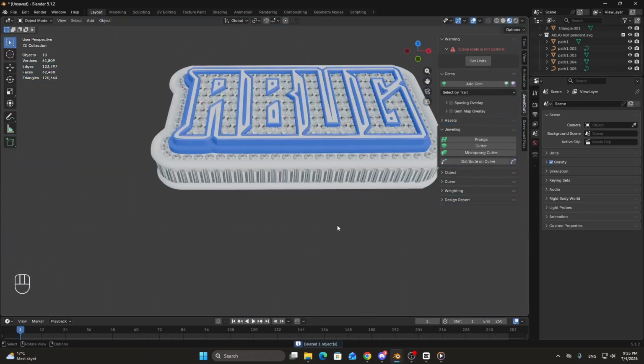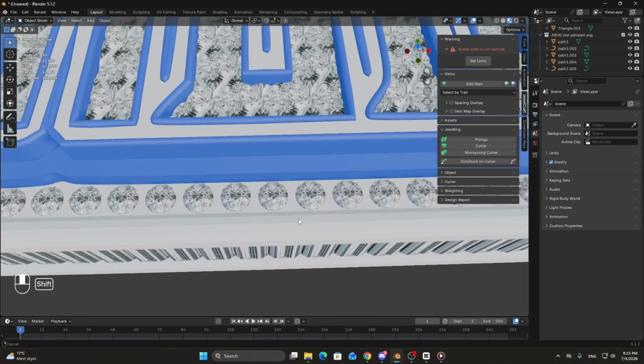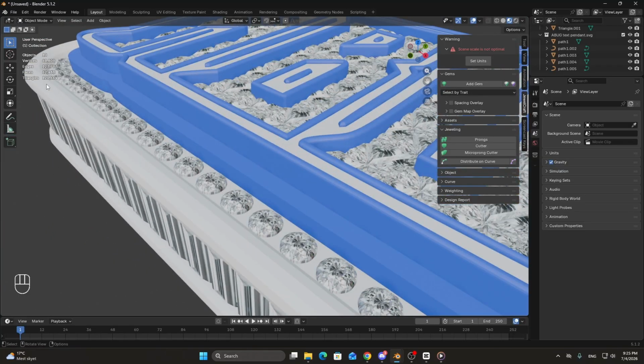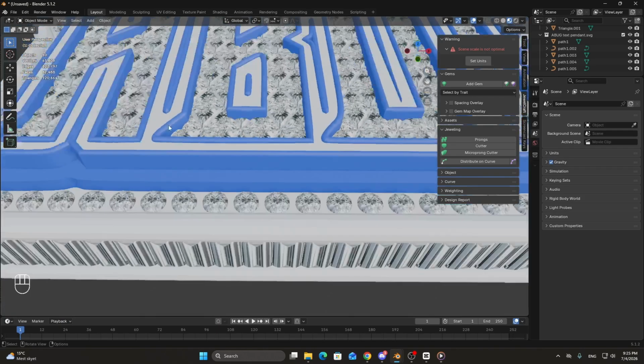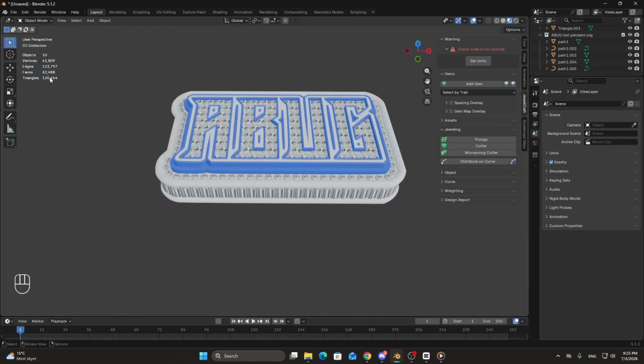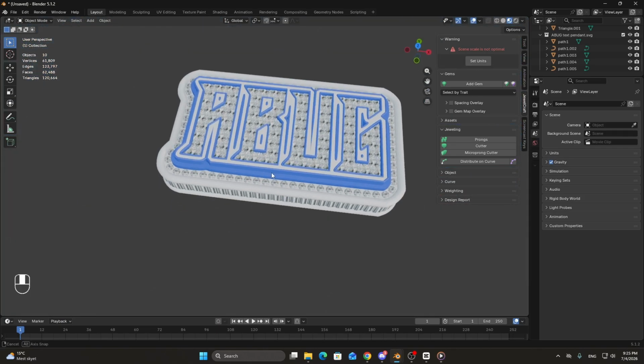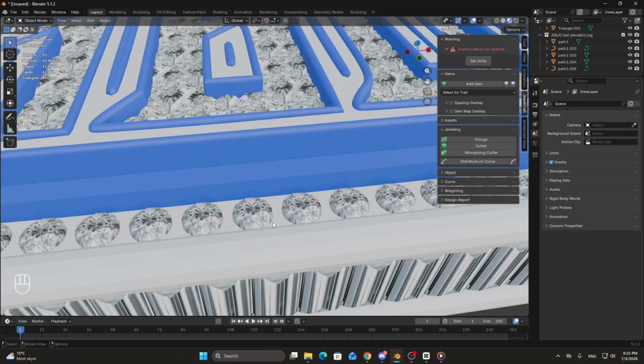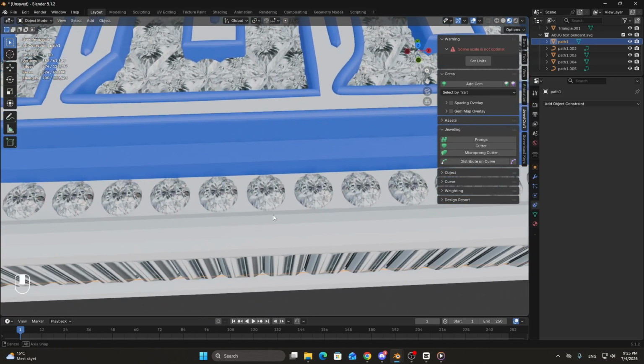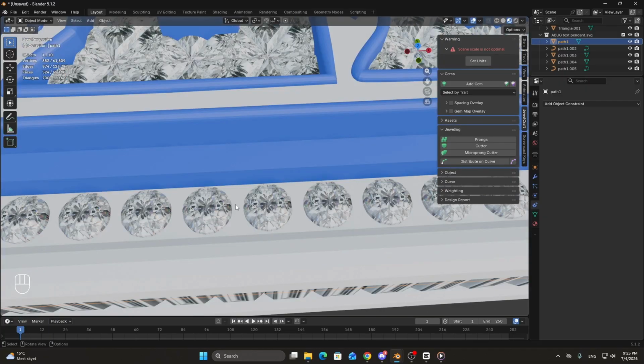Okay, the pendant is almost done. Now we have to fix the topology because this is way too many triangles for GTA. We're gonna try to make this pendant at least 40,000 or under. But first let's texture it. So for this one,